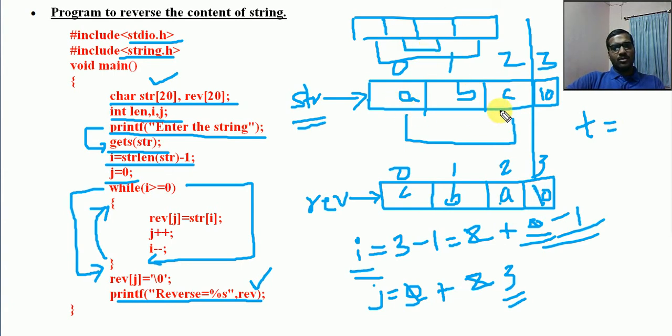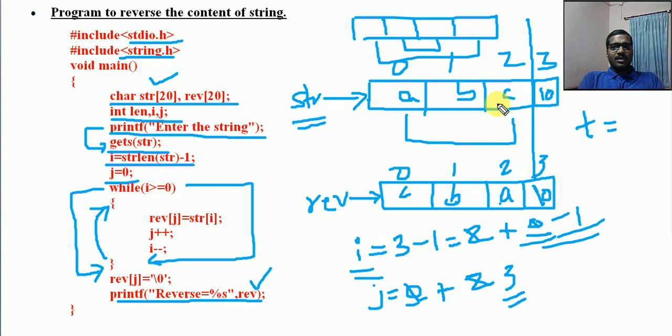If you want to do the reverse on the same string, so if the same string itself is to be reversed, we can use swapping within the same array. Okay, so that is the logic used for reversing a string.